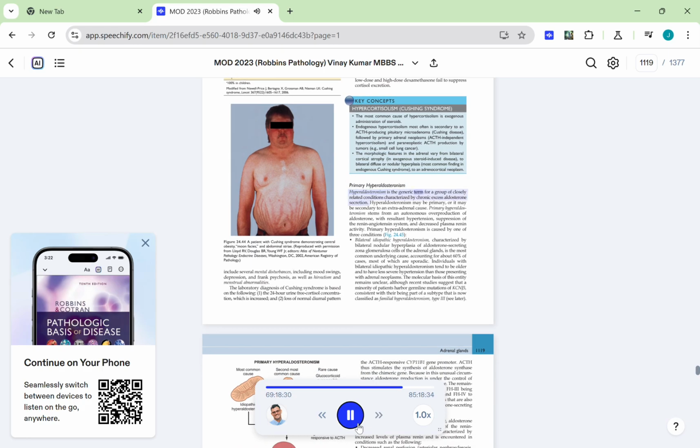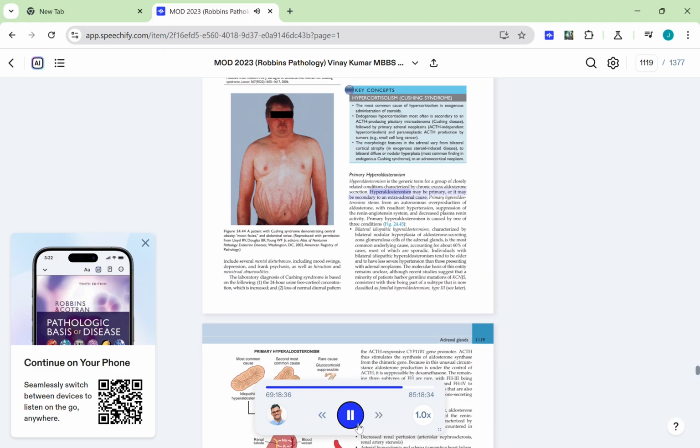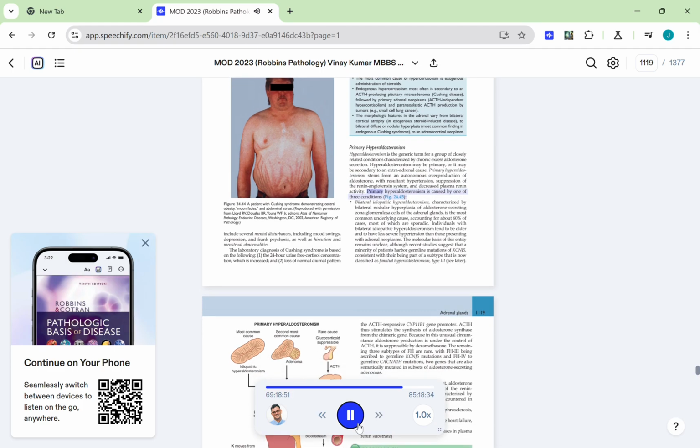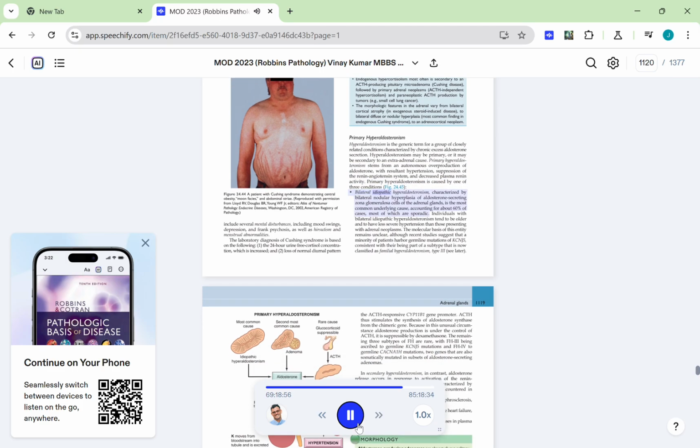Hyperaldosteronism is the generic term for a group of closely related conditions characterized by chronic excess aldosterone secretion. Hyperaldosteronism may be primary, or it may be secondary to an extra-adrenal cause. Primary hyperaldosteronism stems from an autonomous overproduction of aldosterone, with resultant hypertension, suppression of the renin-angiotensin system, and decreased plasma renin activity. Primary hyperaldosteronism is caused by one of 3 conditions: bilateral idiopathic hyperaldosteronism, characterized by bilateral nodular hyperplasia of